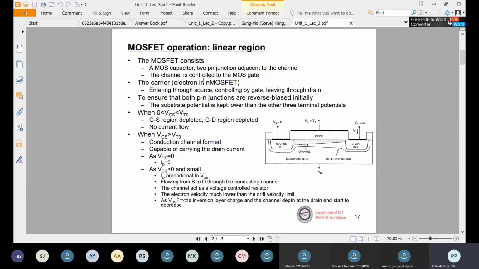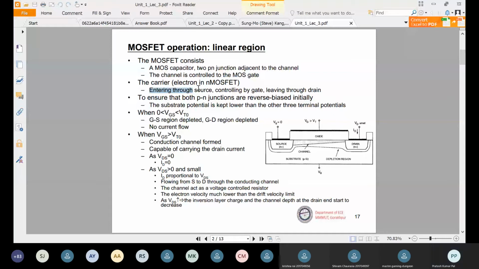In the case of an N MOSFET, electrons will be the charge carriers. Similarly, in the P MOSFET, the holes will be the charge carriers. So either electrons or holes will constitute the charge, or the current. To ensure that both PN junctions are reverse biased initially, the substrate potential is kept lower than